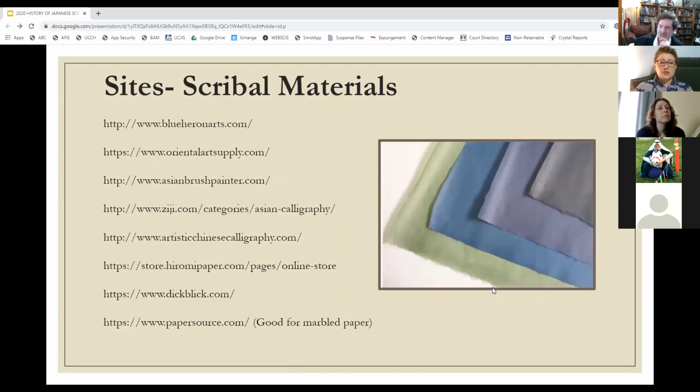I have all sorts of sites, and they're all in the handout, that you can use to get materials for calligraphy, for paper, for hanging scrolls, for rolling scrolls. I really recommend for Byobu and for the hanging scrolls, look on Amazon first for the hanging scrolls, and look on Etsy for the,